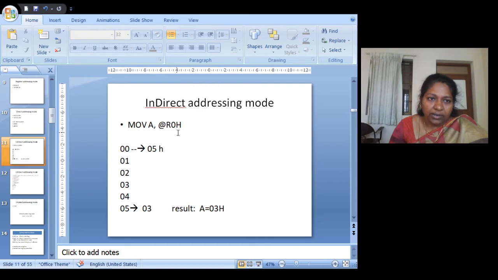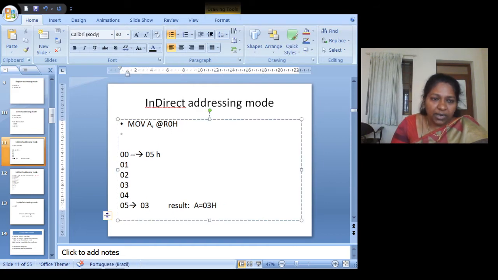So for example, if I assume that R0 is pointing to 00, R0 has a value of 00. Okay, I'll assume. So now this instruction sees that @R0. @R0 means what should I do?